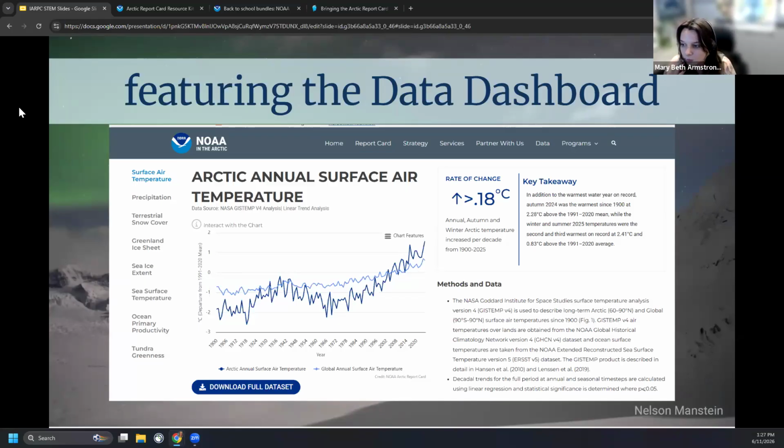And so the data dashboard appears in the resource kit multiple times, as Heather pointed out, and it's used in a way to use questions to prompt students to observe and ask questions about the data, and overall just be thinking about these data in different ways depending on the grade level and age level that they are at. We also include a suggestion for a deeper dive to do a jigsaw discussion with students about different vital signs. And so there's lots of ways for the data dashboard to be incorporated, even ways that